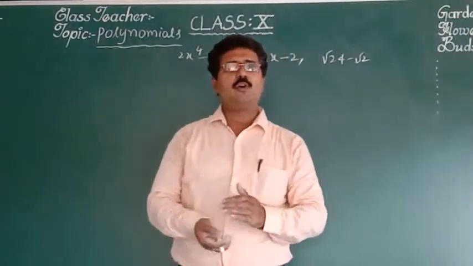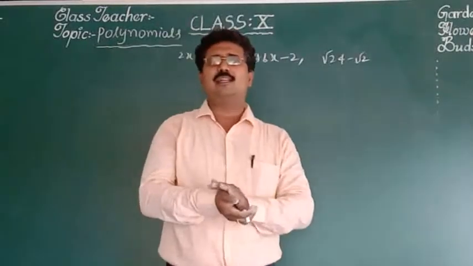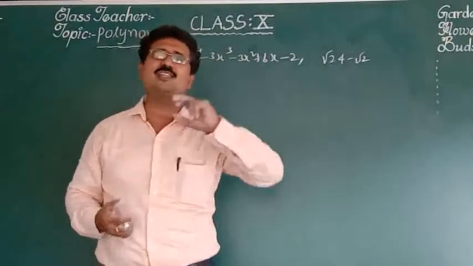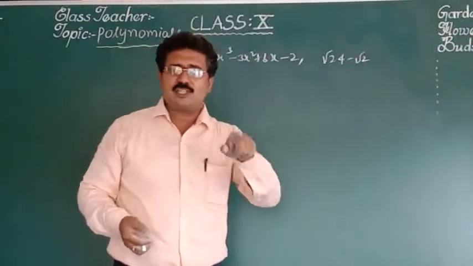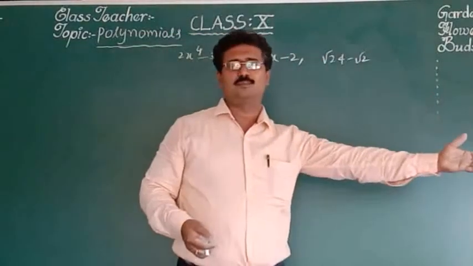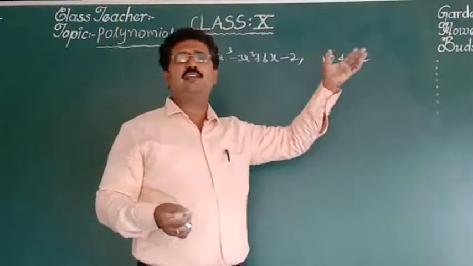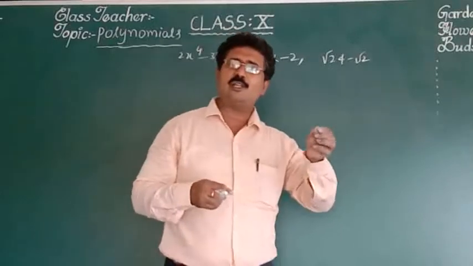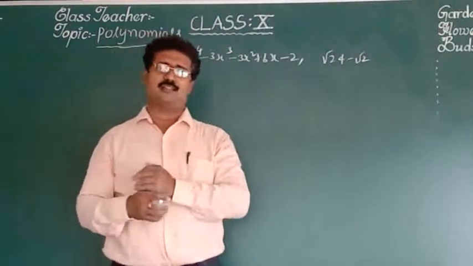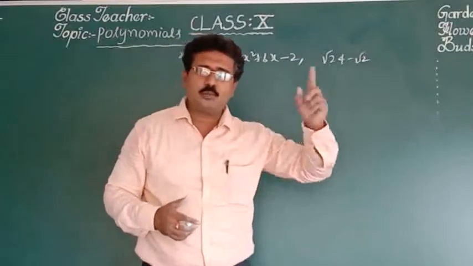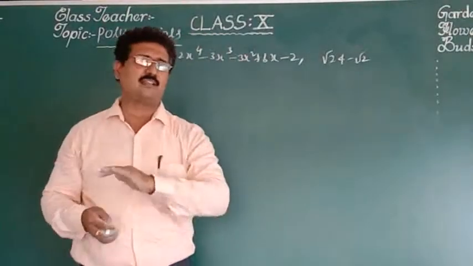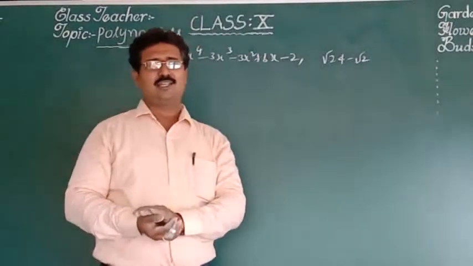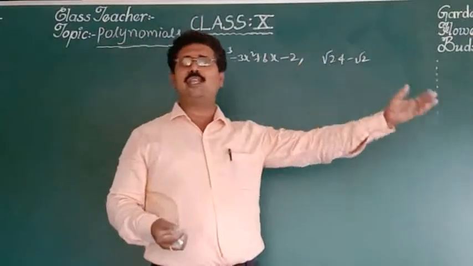See, before doing the problem, let us take that. Suppose your answer is that 0 is 1. If x is equal to 1, x minus 1 is a factor. Or if x minus 1 is a factor, then 1 is a 0. This was already completed in the 9th class, factor theorem and remainder theorem, that you know. Suppose x is equal to 2, 2 is a 0, then x minus 2 is a factor. Suppose x is equal to minus 5, x plus 5 is a factor. x is equal to 100, x minus 100 is a factor. Why? Because x minus 100 is equal to 0, then only x is equal to 100.